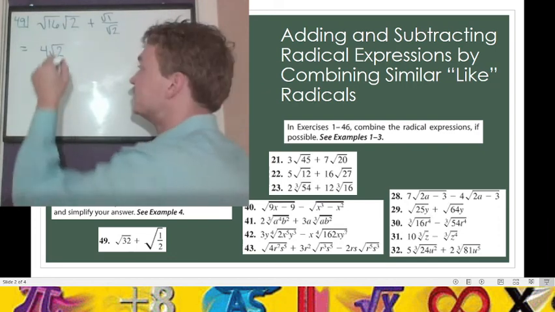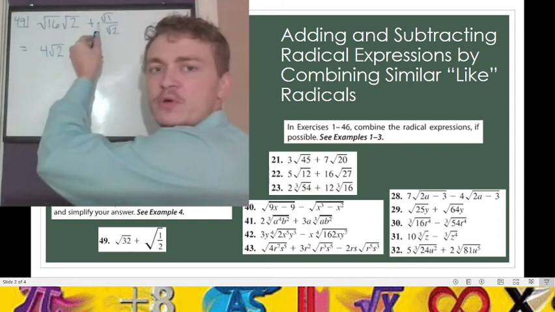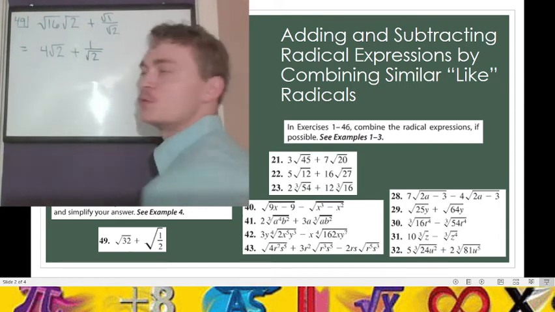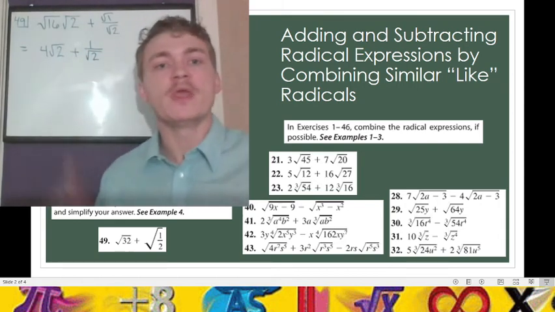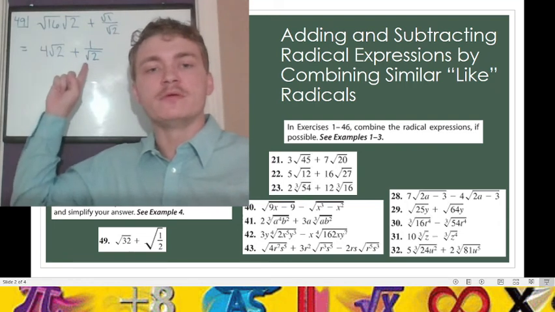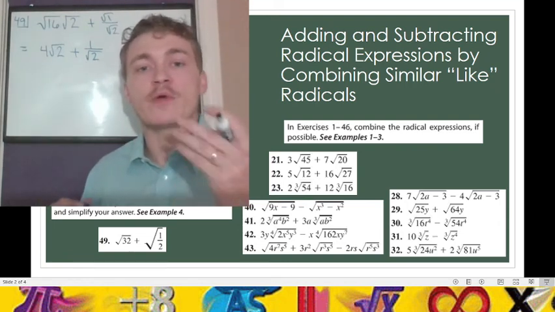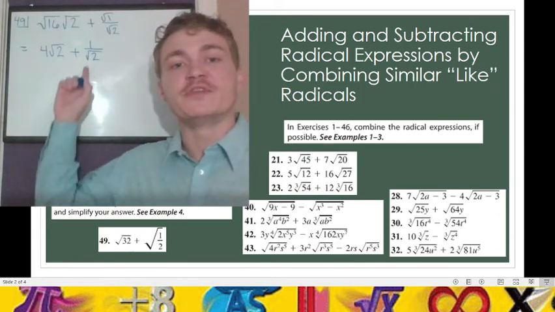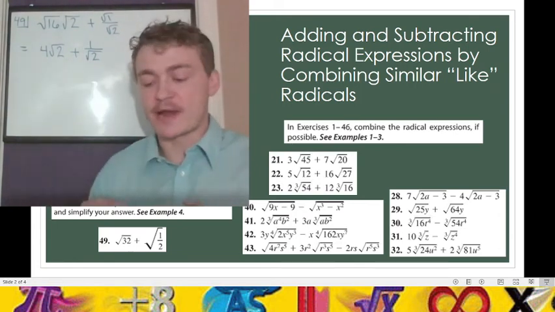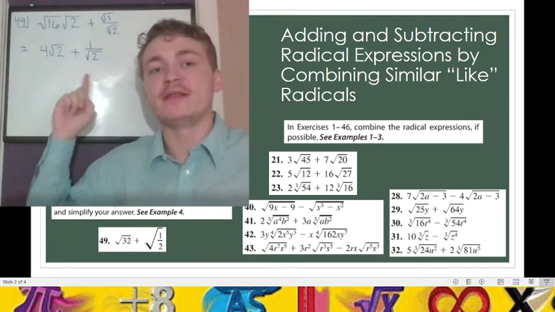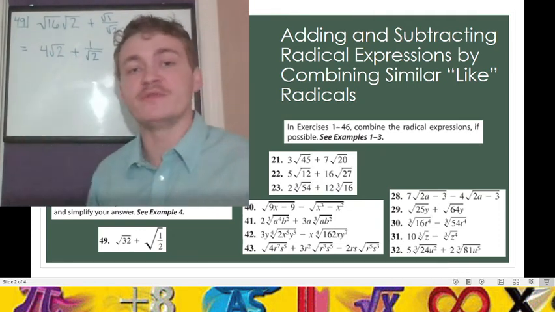But we are going to add this. Well, the square root of 1 is 1. So we're going to add this to 1 over the square root of 2. But we cannot have a denominator with a radical. What do we do when we have a radical in our denominator? We rationalize the denominator. For the square root of 2, we can get rid of that radical by multiplying it by itself. In other words, if we multiply the numerator and denominator of our fraction by the square root of 2,